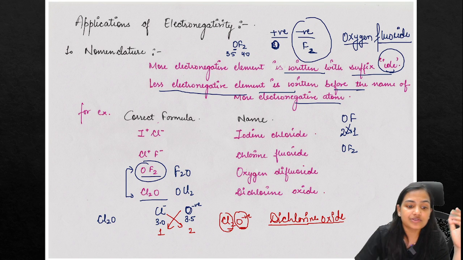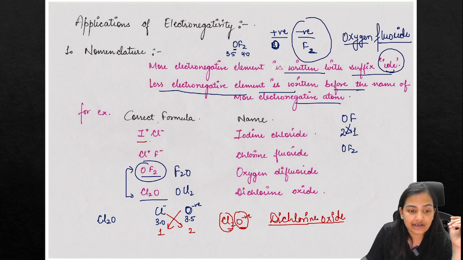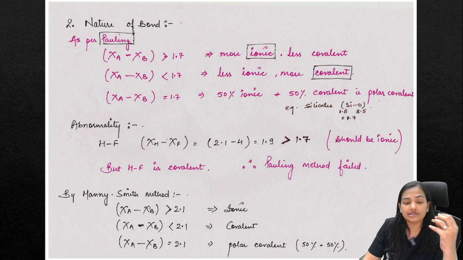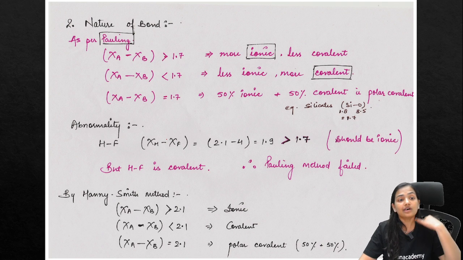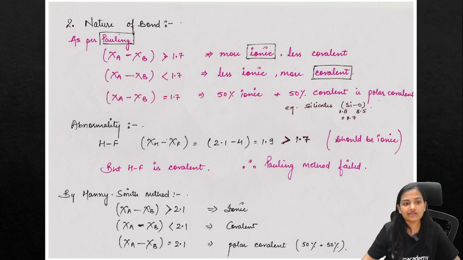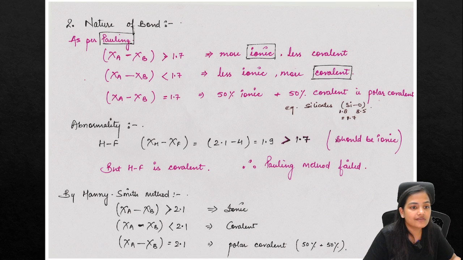Anything which is more positive will be on the left and the electronegative will be on the right. This is what the electronegativity principle teaches us. Now what about the nature of bond? Guys, simple funda. As per Pauling, whenever you are talking about the difference